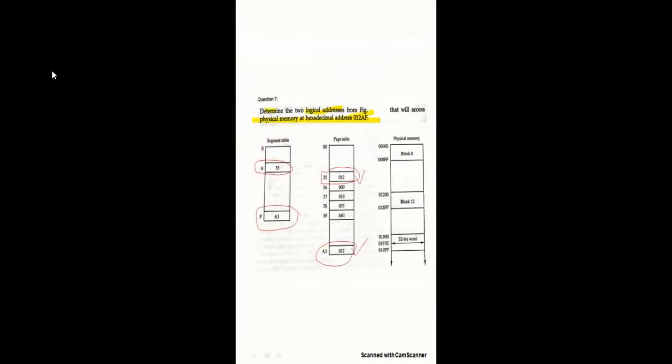Let's write down for this. For this, you have 6 as a segment number. Then after this, you have page number. 6 is present in page 35. So you have 35. Okay. Then word number. What is word number? I told you already that word number is the same. Offset is the same for logical address and physical address. We just write AF. So 635 AF, you got one address.